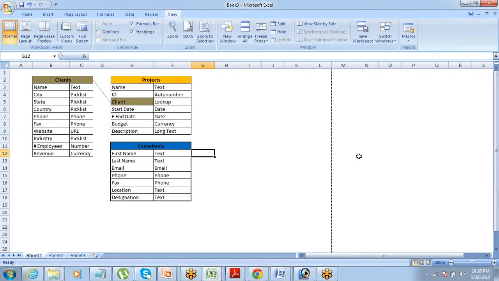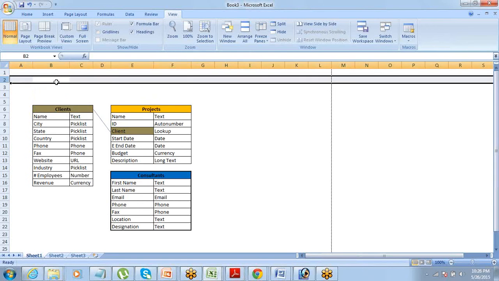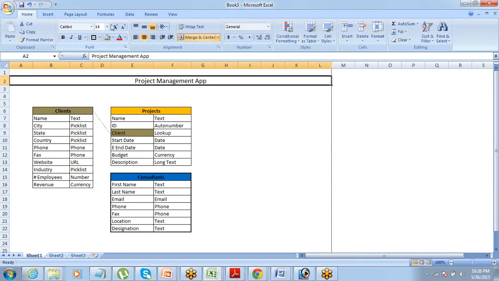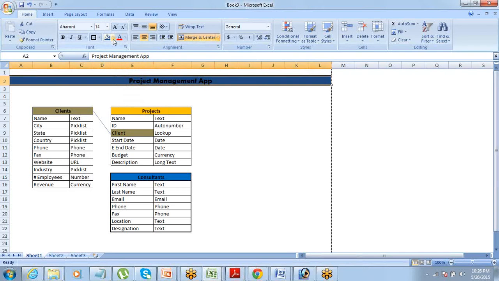All right. All that you have to do is create something like this. Project management app. Maybe let's say font size 14. Change the font to something else. If you want, you can put a color also on this.